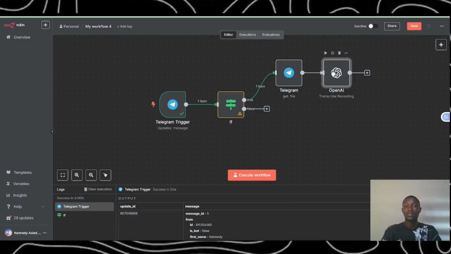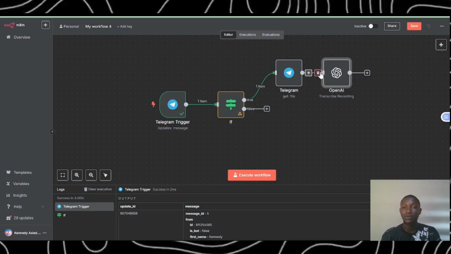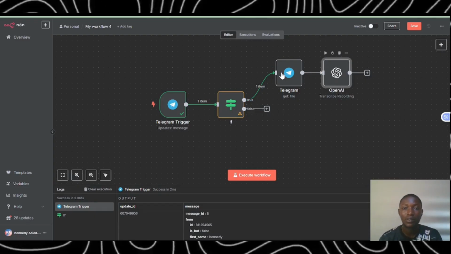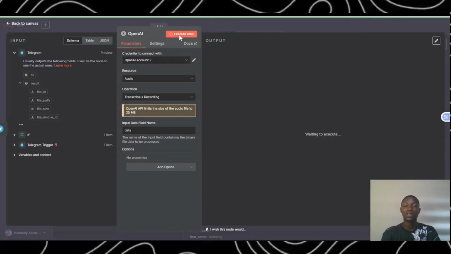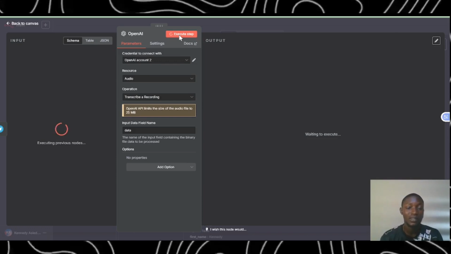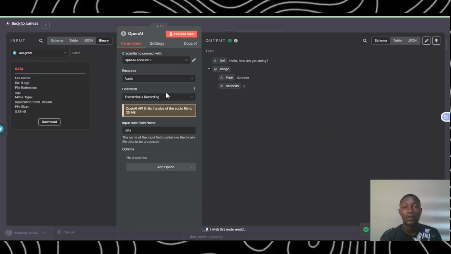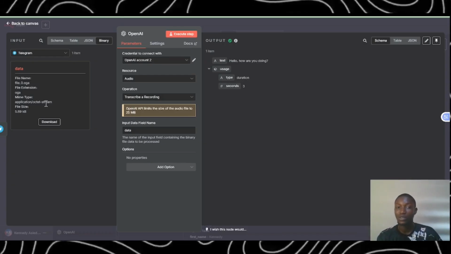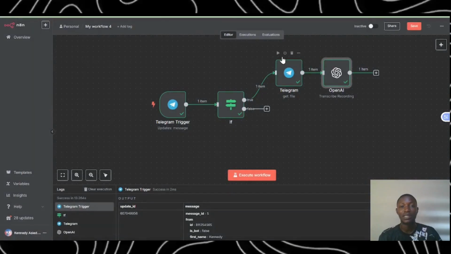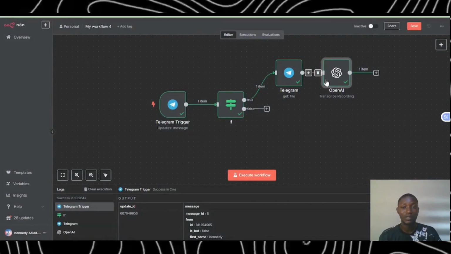I think everything is fine now. So let's run this from OpenAI and see how it's going to work. If it doesn't, we will have to send a new voice note and see. All right, so from the previous section, which is the Telegram node, this particular Telegram node, it is executed, and